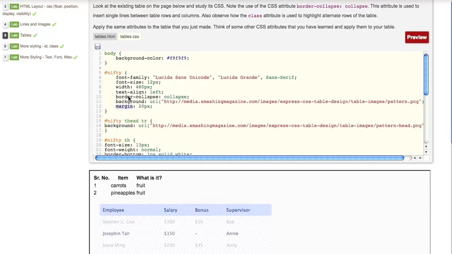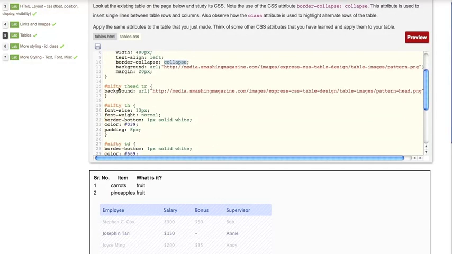What is unique to tables as far as the CSS here is concerned is the border-collapse attribute. So we've used the border-collapse attribute, assigning it a value of collapse. What this will do is insert a single line between two adjacent rows and adjacent columns, right? By doing this, you can make your table look nice.